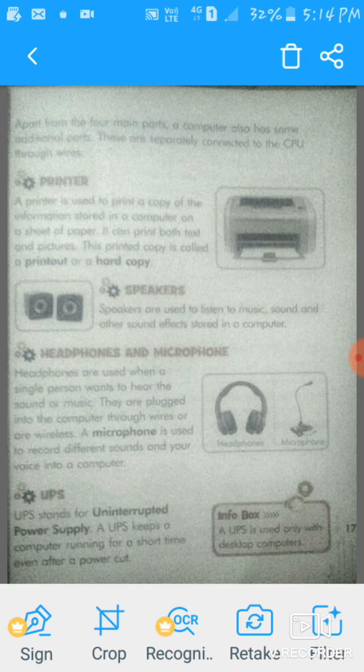It is also used to play games and draw pictures on the computer. Nowadays wireless keyboard and mouse are also available. They are not connected to the CPU cabinet through wires.